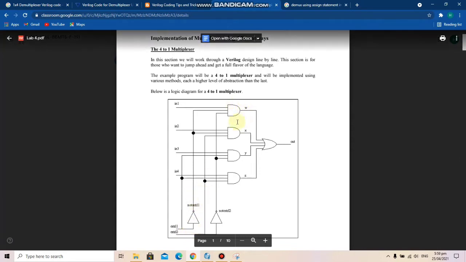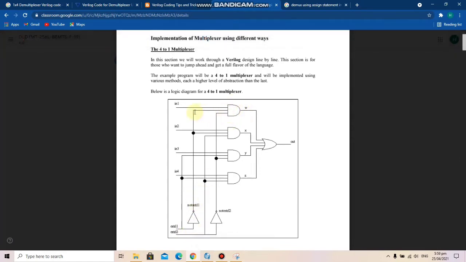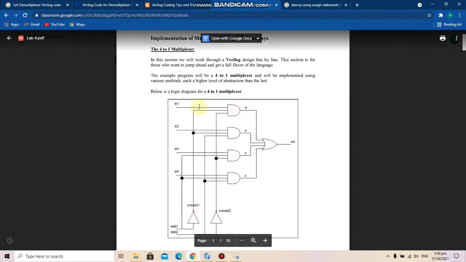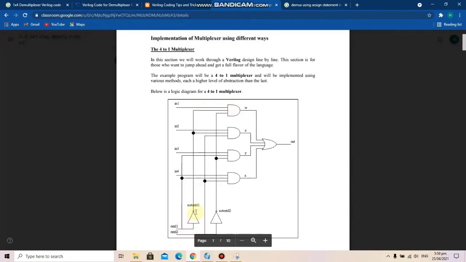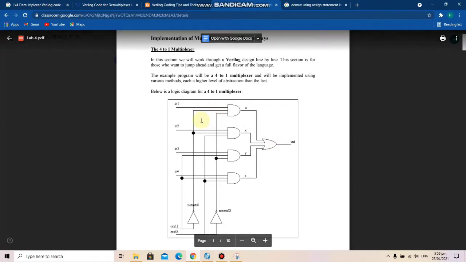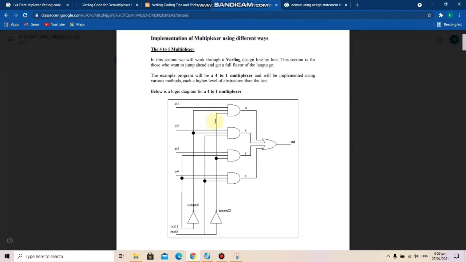So in the first AND gate, we see there's input 1, and then not control 1 and not control 2 going in. So if not control 1 and not control 2 are on, which means they are 1 and 1, and input 1 is 1, the output will be 1. So we can say that if not control 1 and not control 2 are high, then whatever input 1 is, because the AND gate is multiplication, that will be the output.